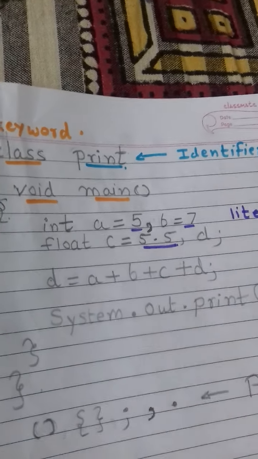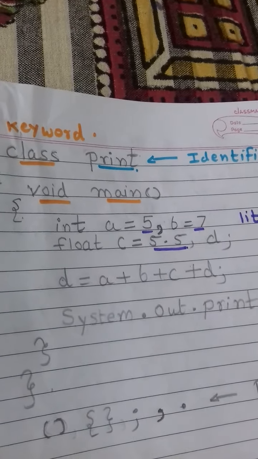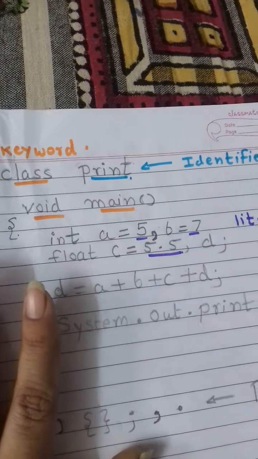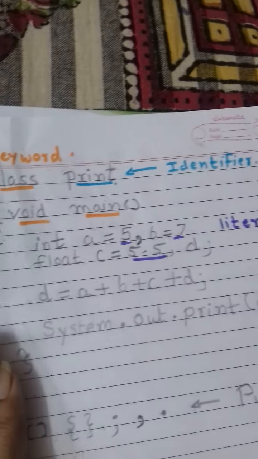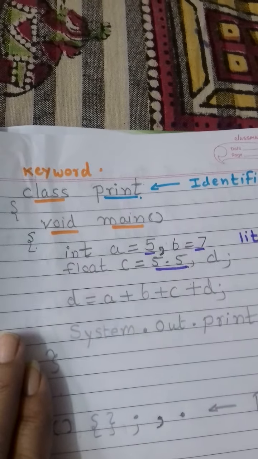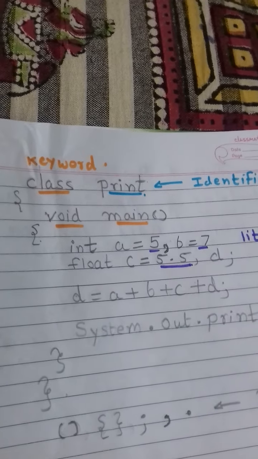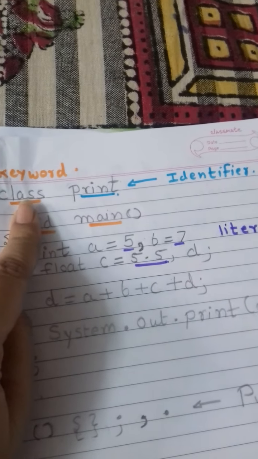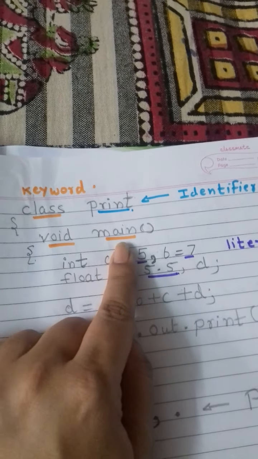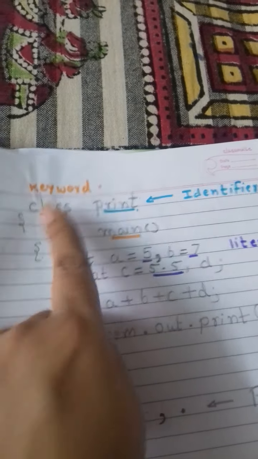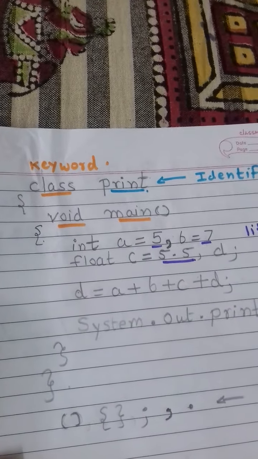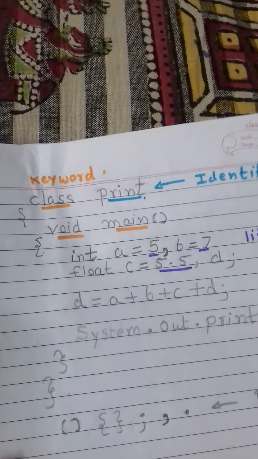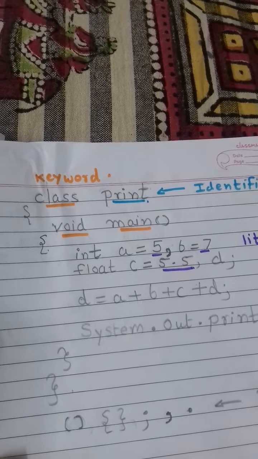Now, do you remember the token? What do you mean by token? Token is any meaningful element in a program. Anything in this program is a token. Now let's see the first thing, that is keyword. What is keyword? Keywords are the words which are reserved by Java. For example, class, void, main, int. All these words are reserved by Java. So we cannot use these keywords instead of a class name or variable name. We cannot use them because Java has reserved them.